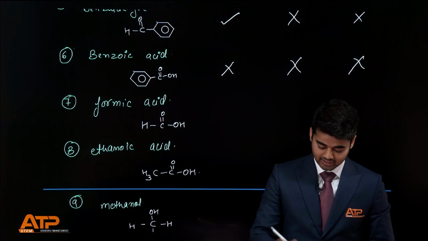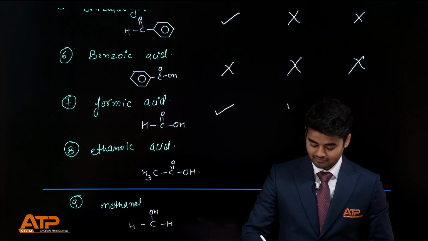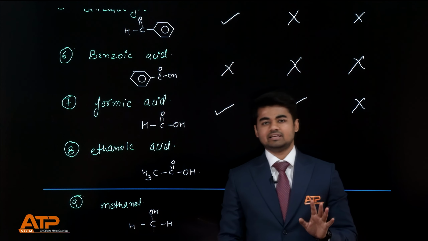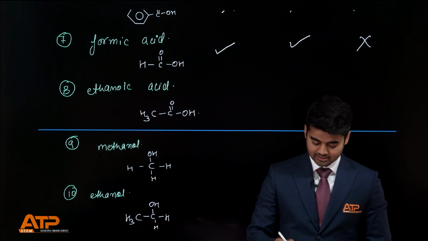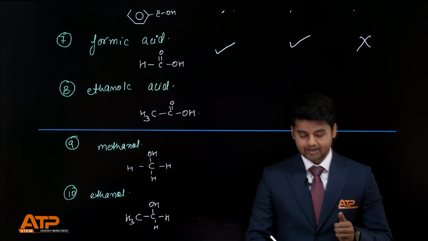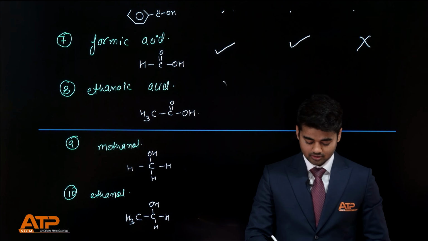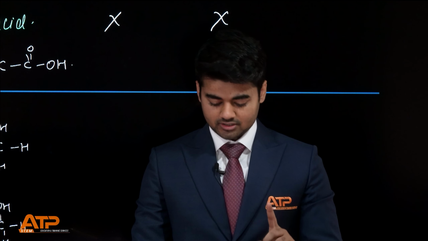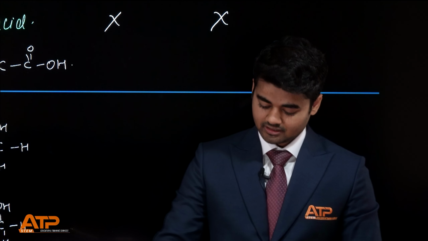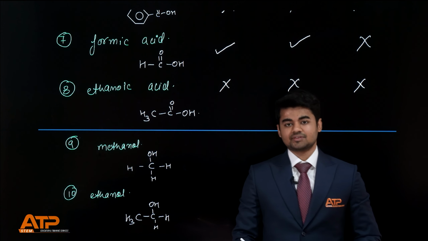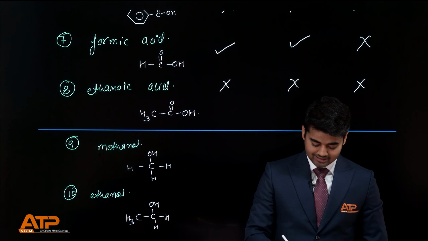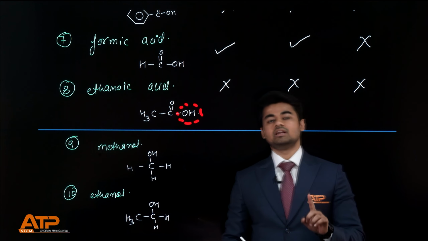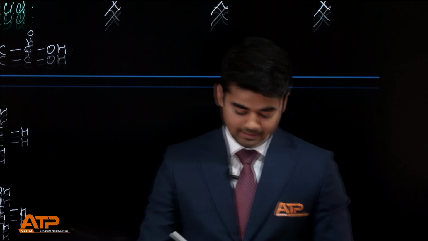Formic acid, Tollens, yes. Fehling's, yes. Iodoform, no. Iodoform test is not given by any acid as such. Ethanoic acid, will it get oxidized by Tollens or Fehling's? No. Only acid which was getting oxidized was formic acid. Last one, will acids give iodoform test? No. We have a methyl system, but will it give iodoform? No. On the other side, in the box, you can only have hydrogen or carbon.